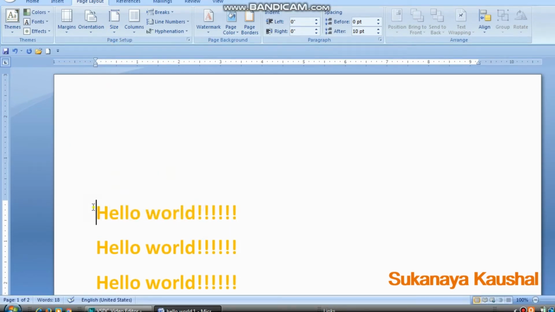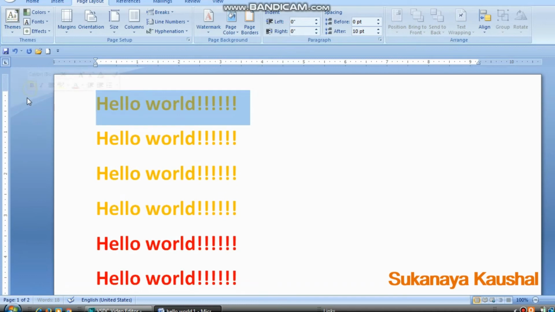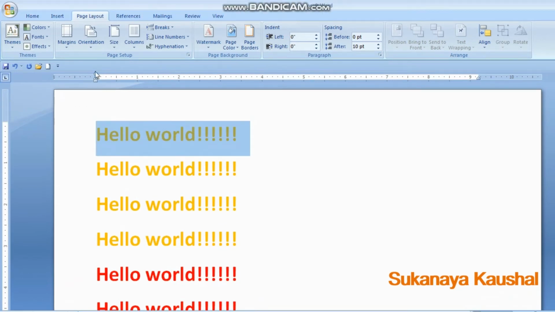Mostly we use the A4 size, and most of the time we do some of the settings like this. You can also change the margin from here with this ruler.